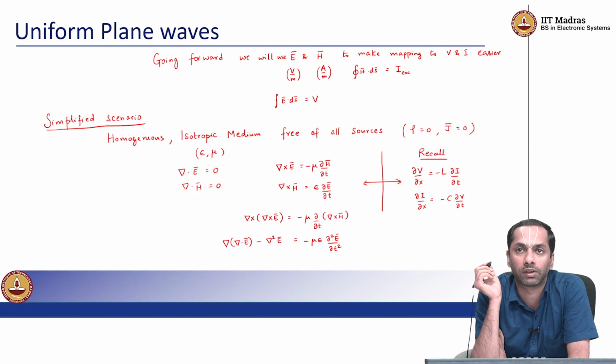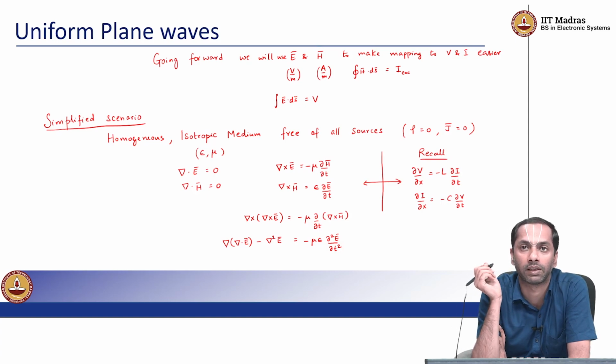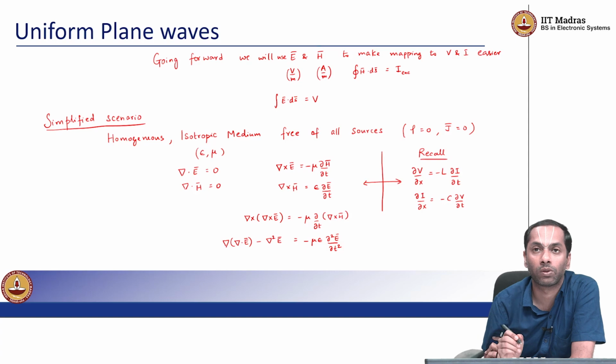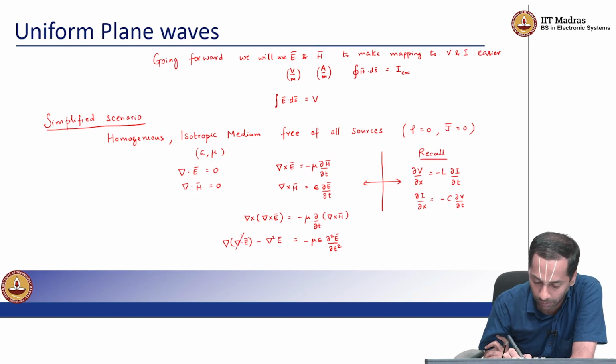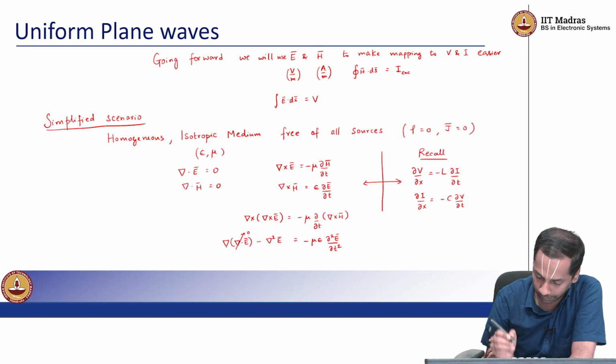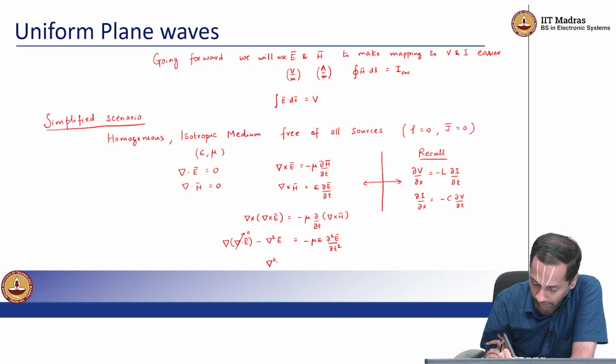There are several textbooks where you can look at this identity, and you should also be capable at this point to prove this identity yourself, right? Just derive the left hand side and the right hand side and show that they are the same. But then in this source free media, we know that del dot E is 0. So the first term is identically 0, and so we get a wave equation for the vector field,